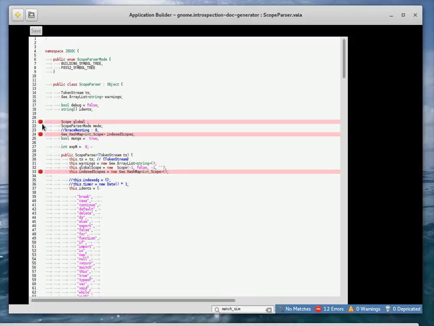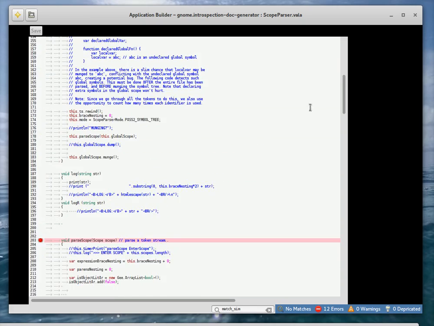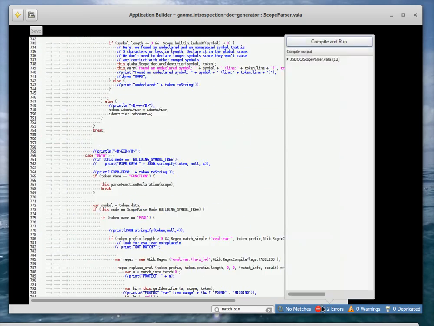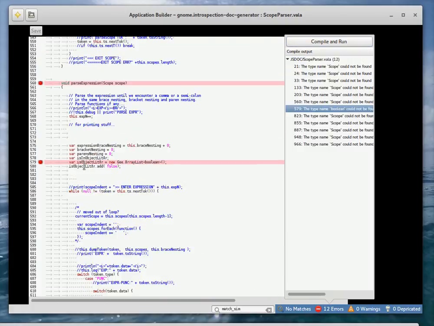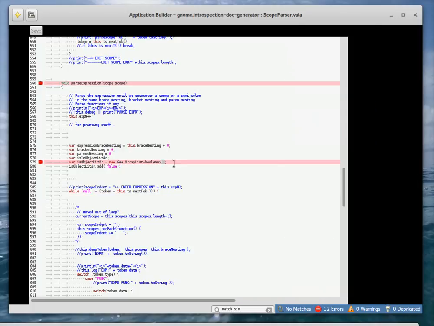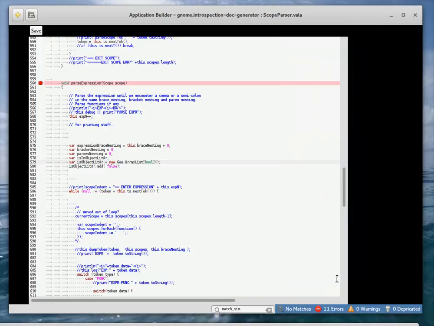So let's go all the way back. So suddenly we start off with scope. Well, actually we haven't got scope defined anywhere because we haven't ported that class. So I'm guessing that's the next class we probably need before we start getting this to work. So have a look at that. Well, okay, the type. I'll just fix that one before we go. And it's not Boolean, it's just Boolean Vala. And then we get some nice errors telling us what we need to do, the scope class next. And we also probably need to sort out the identifier at some point. So that's it for this little next step on the